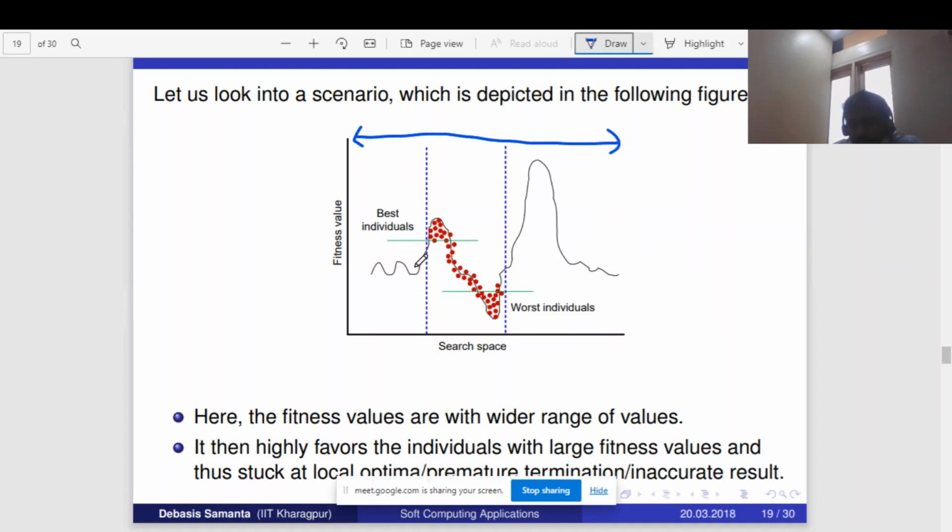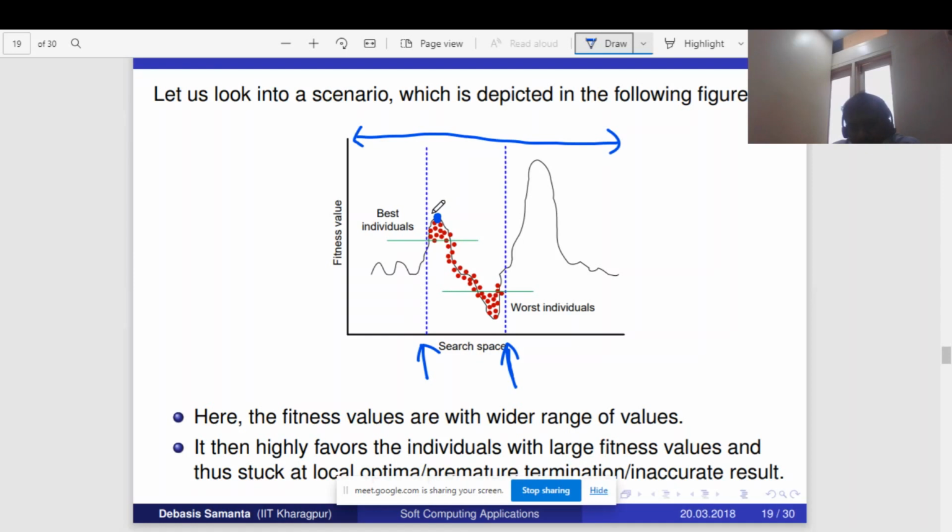Let us assume that we want to identify the optimal solution. If you see this point, this is an optimal solution, but this is a local optimal. This is a global optimal. This is the overall problem space, the solution space. The solution lies in this space. But currently, whatever genetic algorithm technique we are using, it is generating population only between this range. It is generating individuals only between this range. It is not generating individuals beyond this range.